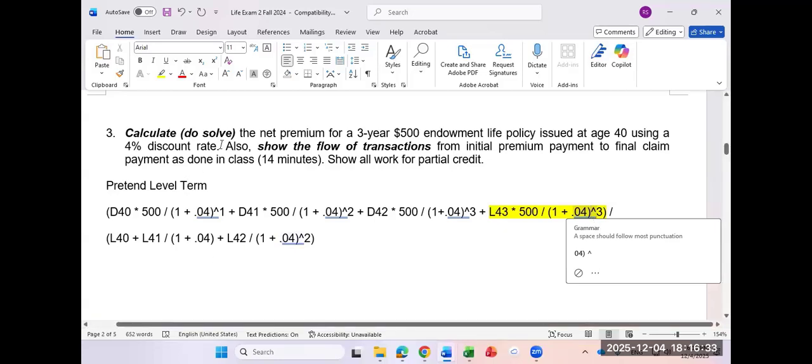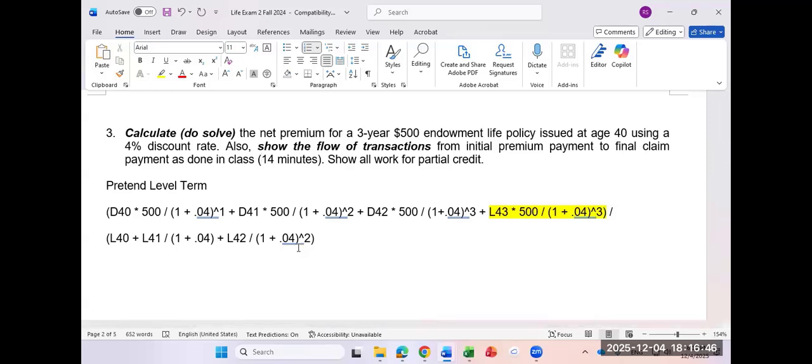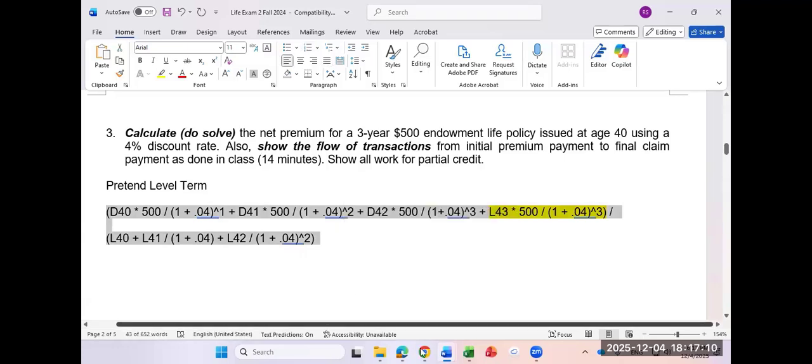Now, the question is on this one, you notice what it says, do solve, all right? So this is where it's 14 minutes, but it might take you 20 minutes. So this one's heavy calculations. You'll probably make a math error, but you probably could even get 100% credit if you just have a math error somewhere. So you don't have to sit there and spend all night on it. If you did it in Excel, you did it right because the very end of the calculation would give you a 0. But because you're using rounded numbers, you won't be able to get it all the way to 0. But let's take this and let's look at it